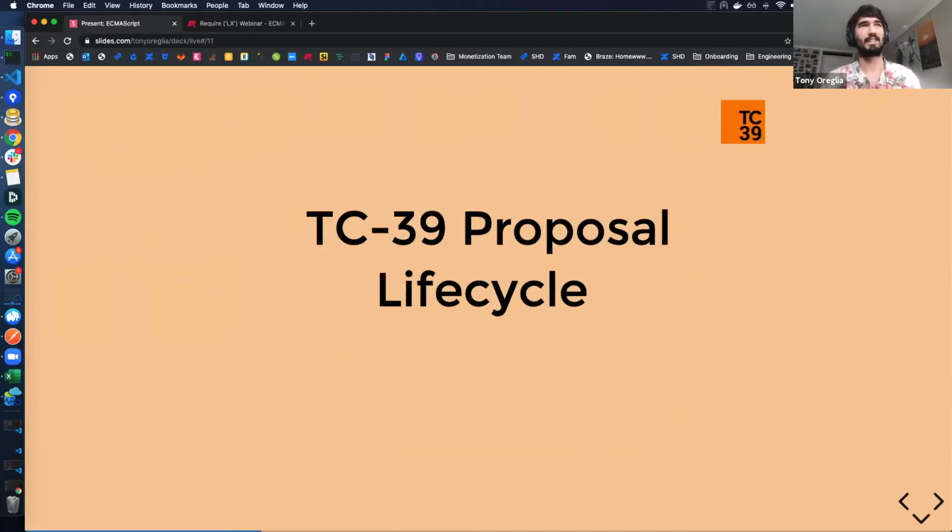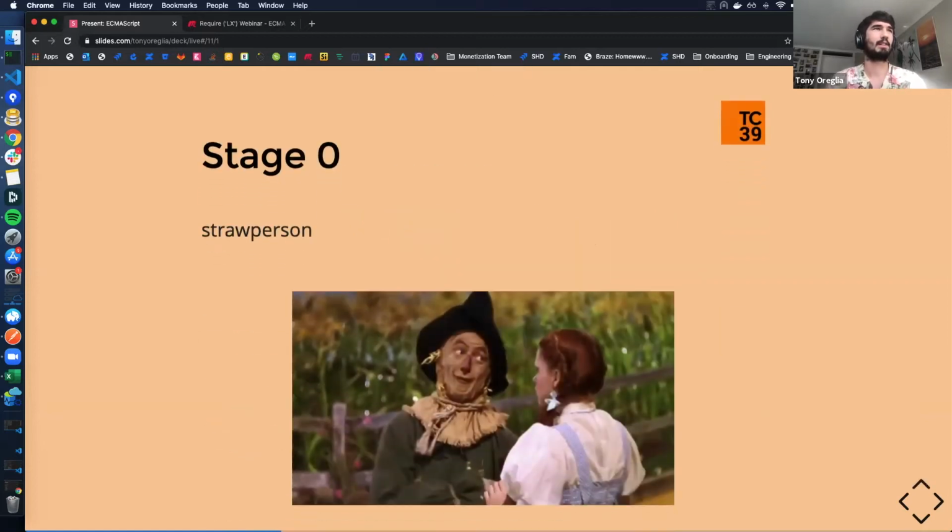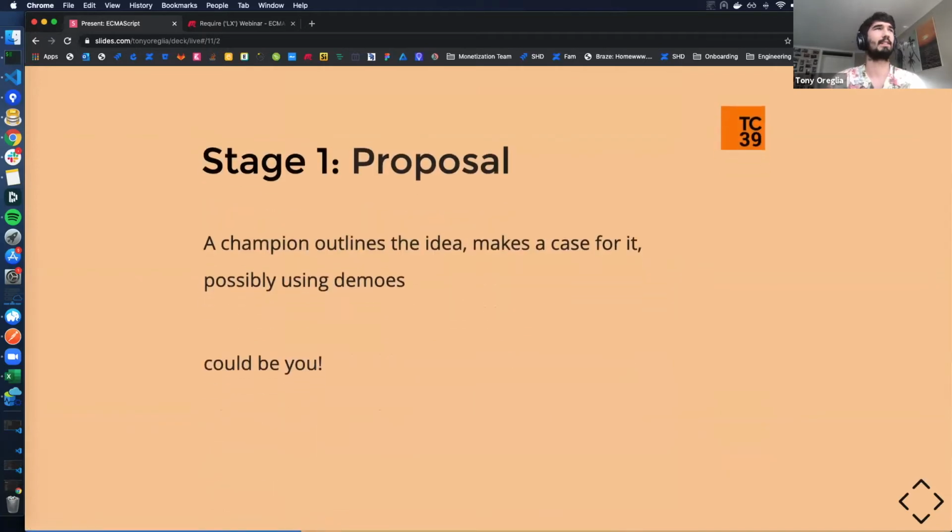So they do have some process, and I'll just share with you the life cycle of a proposal as it goes through TC39, just to set the stage for the actual proposals that I'll share. There's stage 0, which is not really a stage at all. It's really just any proposal that comes in that gets discussed at a TC39 meeting. They consider this stage 0. This is anything that's just starting to be considered.